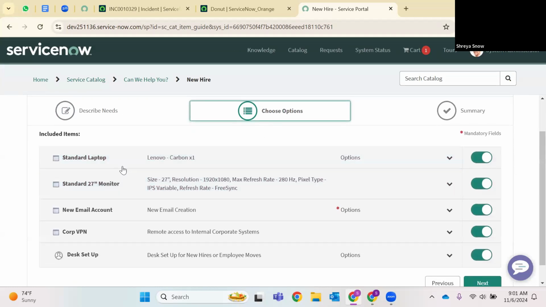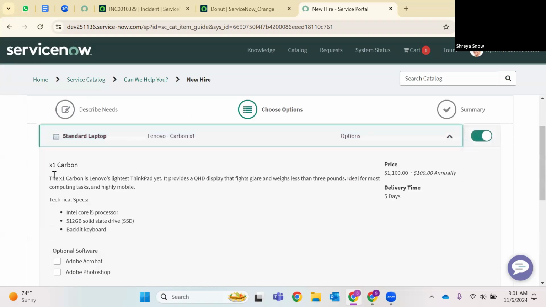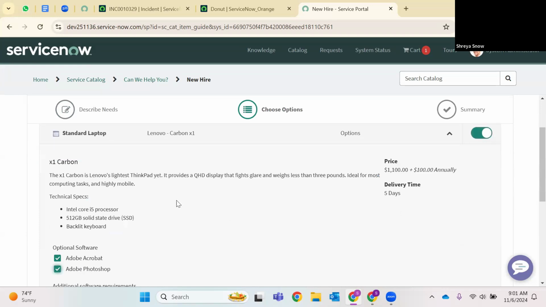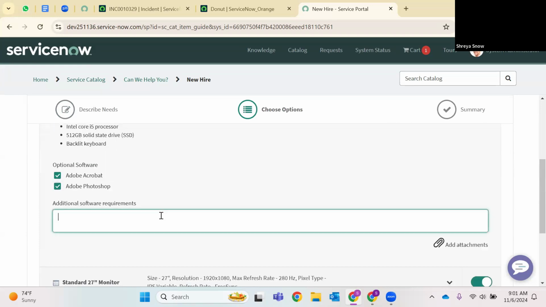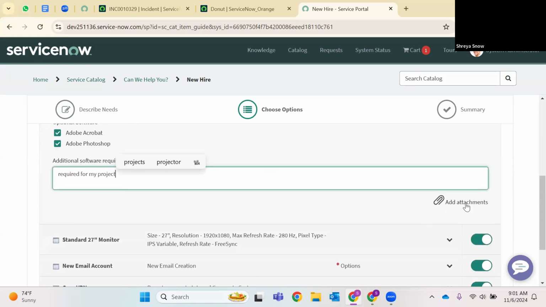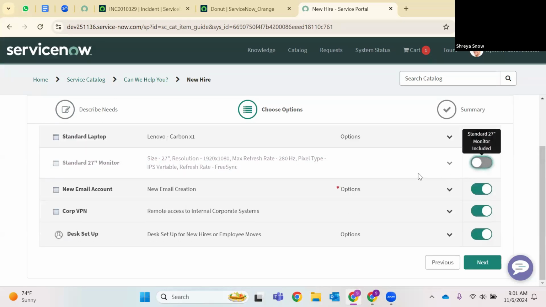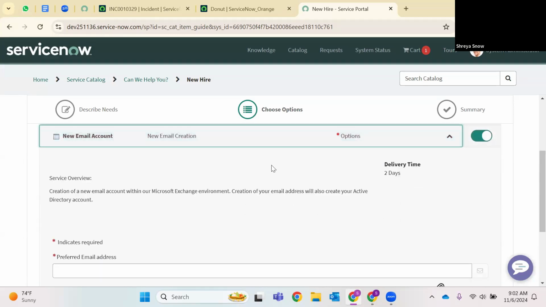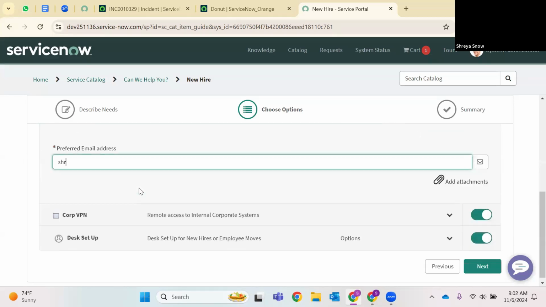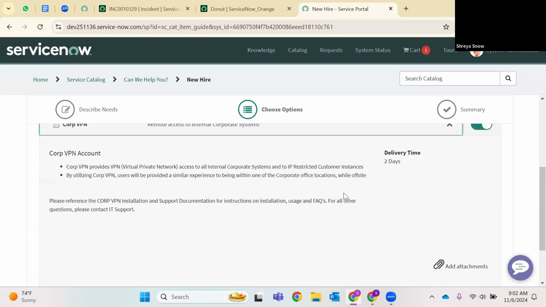Once you go to choose options, you have options to choose, and once you expand it, you can see, regarding that product, whether you need any additional software, and if yes, you have to give the reason, required for my project. If I want to add any validations from my leads, I can also add the attachment. Again, if I need a monitor, I can go for accepting it. Otherwise, I can set the toggle to the disabled state. For new account creation, see, it states mandatory. So here I'll give shreya@ibm.com. And coming here, corporate VPN, if you are requesting it,